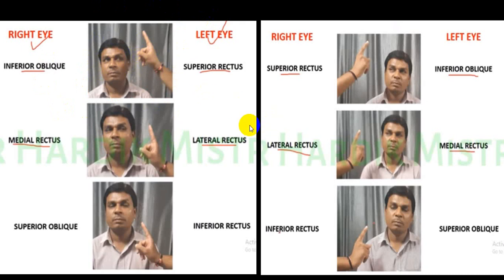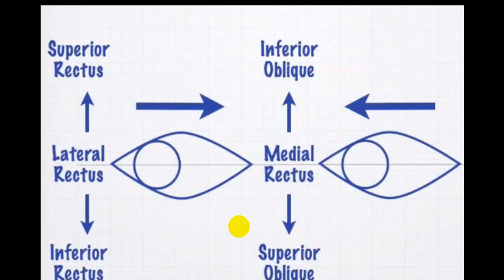So you will have to know which movements you are looking at. Say when you are asking the person to look to the left, it will be left side lateral rectus and right side medial rectus. That will be the way the movement will be. So you should know which muscle is acting, and these are called yoke muscles. So you are asking a person to look to the different areas, and you should know which muscles are working.